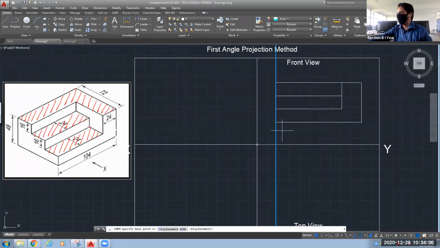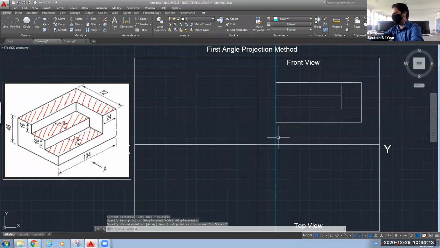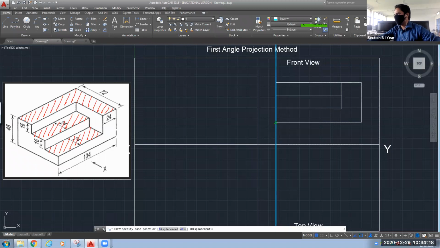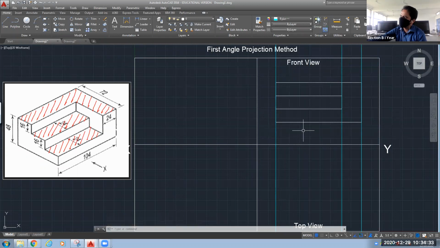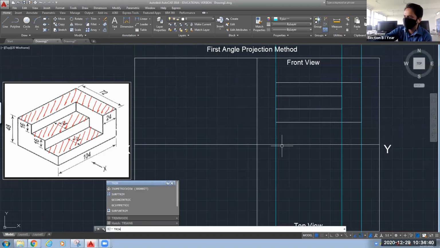Copy the selection, copy the base point, and I want the projection of this point, and I want the projection of this point. Okay, so any other point that I need to project vertically in downward direction, no other lines are there. Okay, but we need this projection lines starting from this point only, so you can trim the upper part. Okay, so go for trim command,